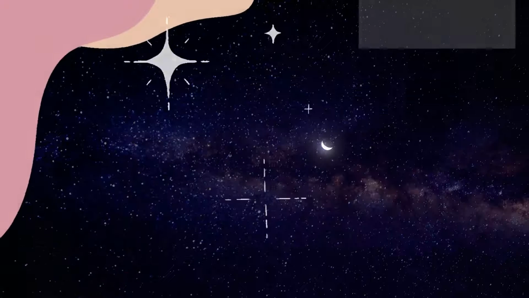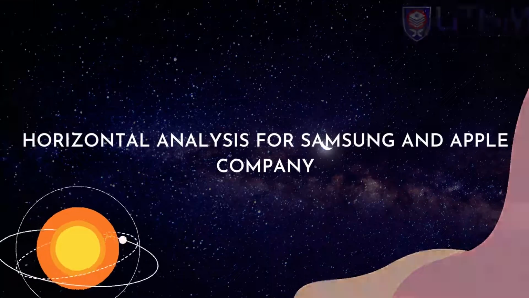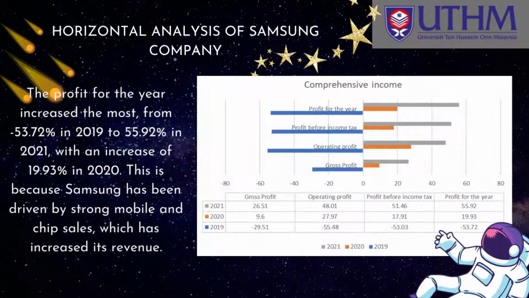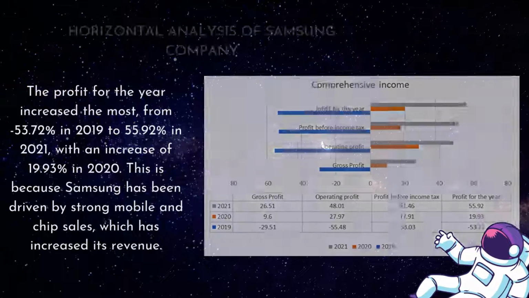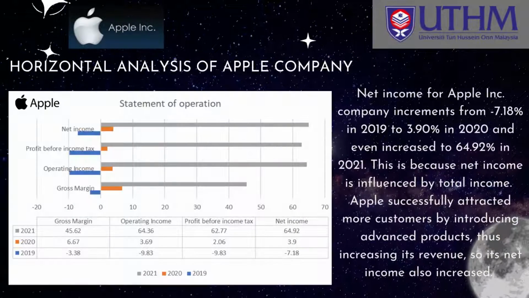2020. Horizontal analysis for Samsung and Apple Company. The profit for the year increased the most, from -53.72% in 2019 to 55.92% in 2021, with an increase of 19.93% in 2020. This is because Samsung has been driven by strong mobile and chip sales, which has increased its revenue. Net income for Apple Incorporated Company increments from -7.18% in 2019 to 3.90% in 2020 and even increased to